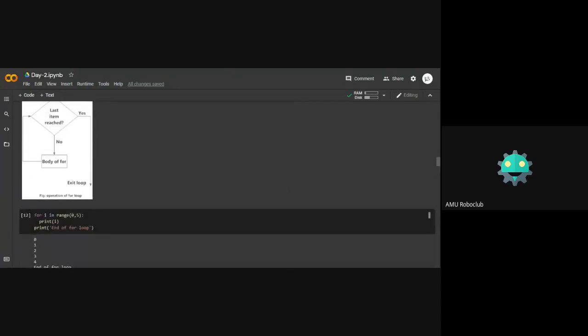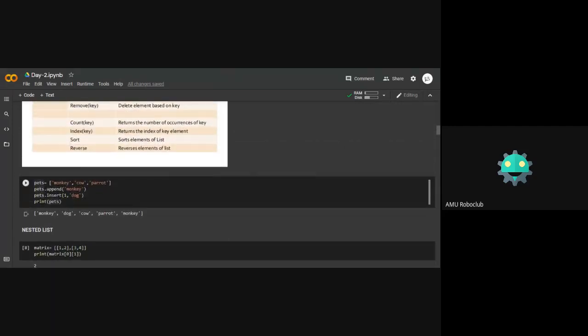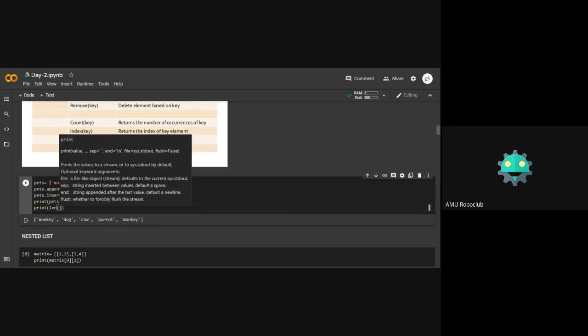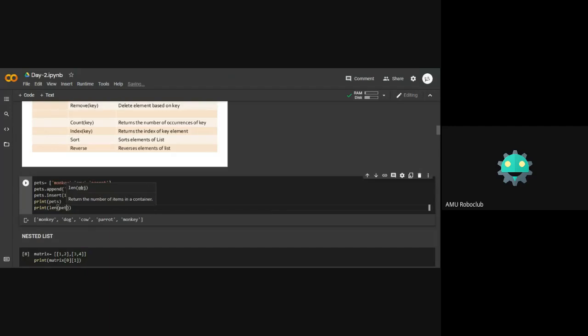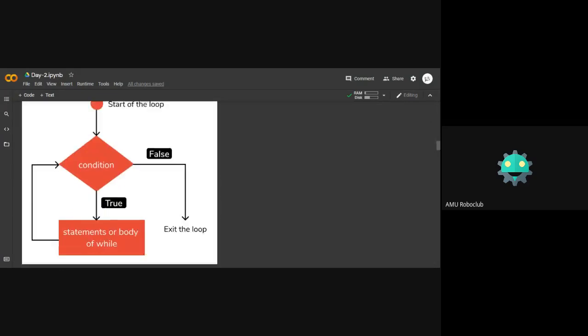We can also check the length of a list using the length function itself. Like here, let's check here. So the length function simply gives us an integer and tells us the length of the object. As you can see, we are getting 5 as an output because we have 1, 2, 3, 4 and 5 items in the list. Right? Any doubts?